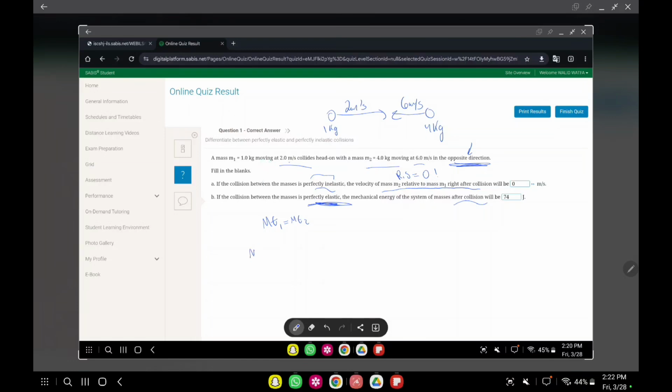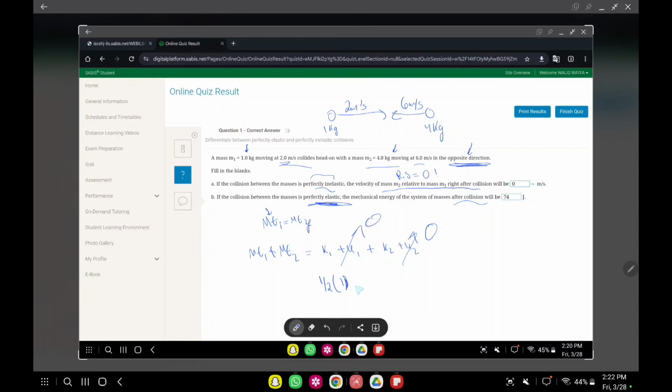We're gonna say mechanical energy initial is equal to mechanical energy final. Okay, so this is ME1 plus ME2. That's what composes mechanical energy initial. Equals what? Kinetic energy of the first object plus the potential energy of the first object plus kinetic energy of the second object plus potential energy of the second object. They didn't say anything. It's a collision. You always ignore the potential energies unless they say something was dropped from a height or anything. We don't care. Okay, so K1 plus K2, which is half times the mass